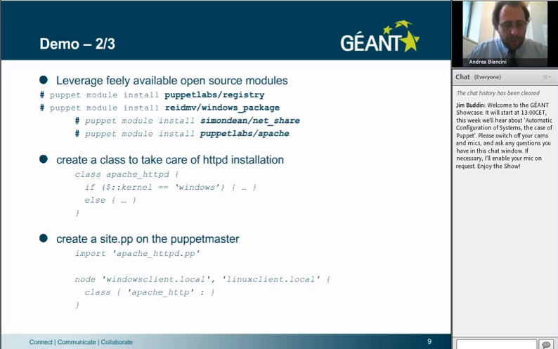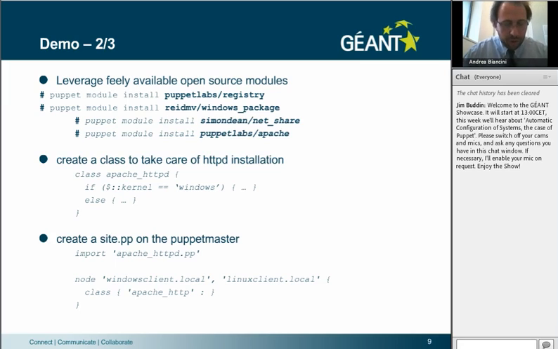So when we create a Puppet recipe, we do not have to build anything from scratch, but we can leverage existing software and existing modules already developed by different teams, all of them released as open source and freely usable in our projects. Then, after having installed these modules, I created one class which is not completely present here